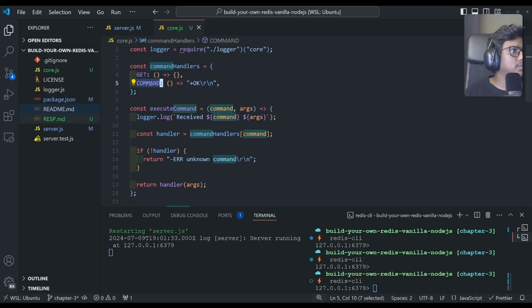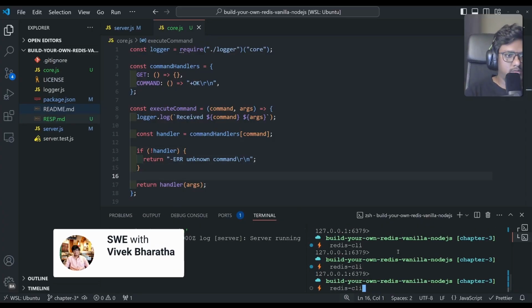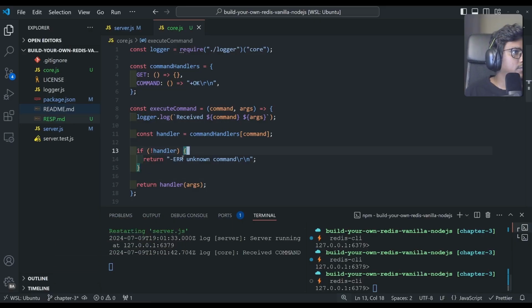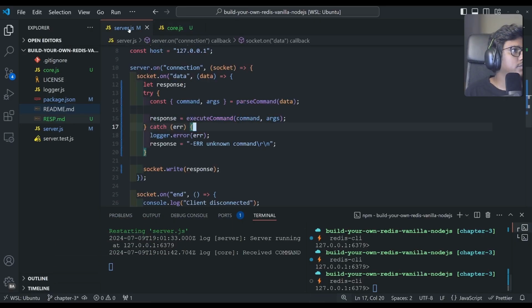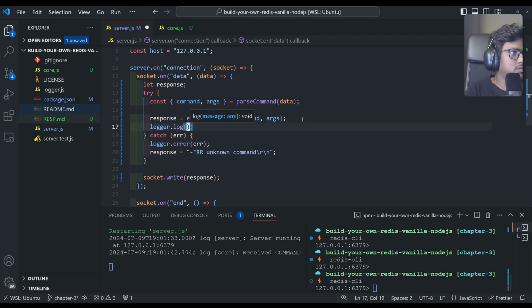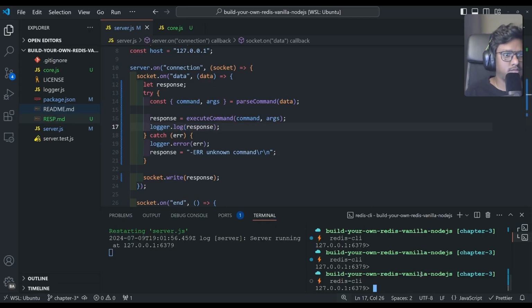So now let's see, this command should be coming over here, and okay, looks like everything is working fine. Just to make sure everything is working as expected, you can add a temporary log over here. Okay, and let's get it, and yeah,